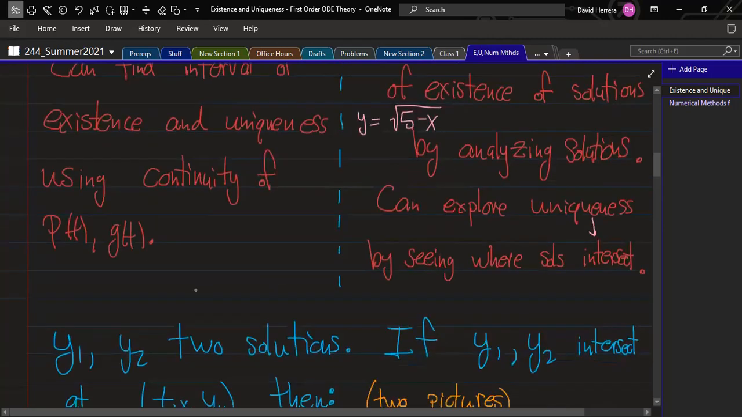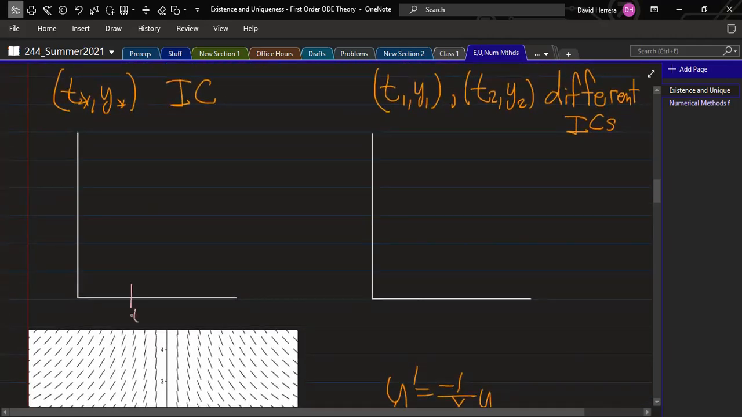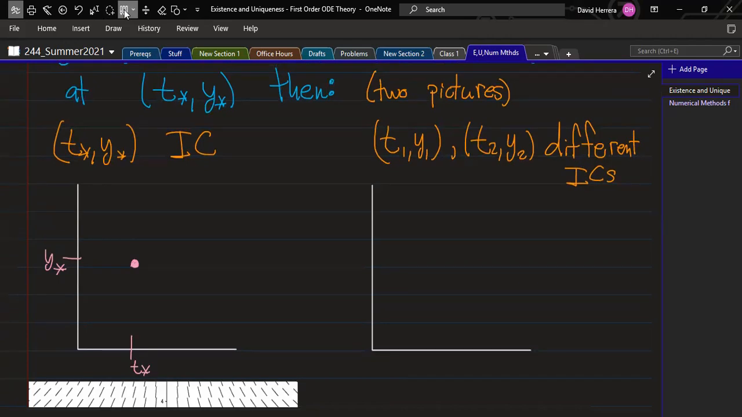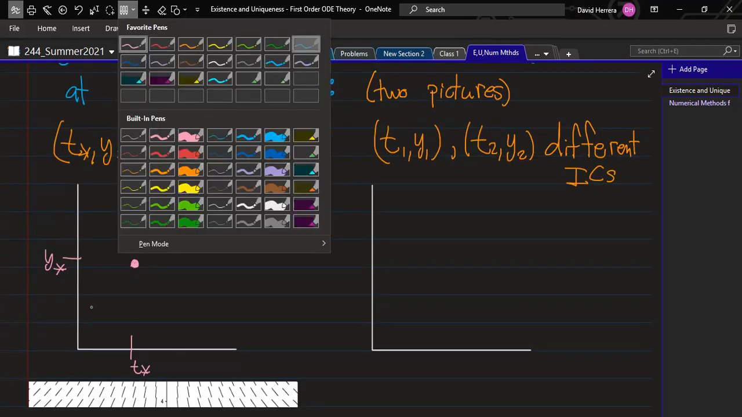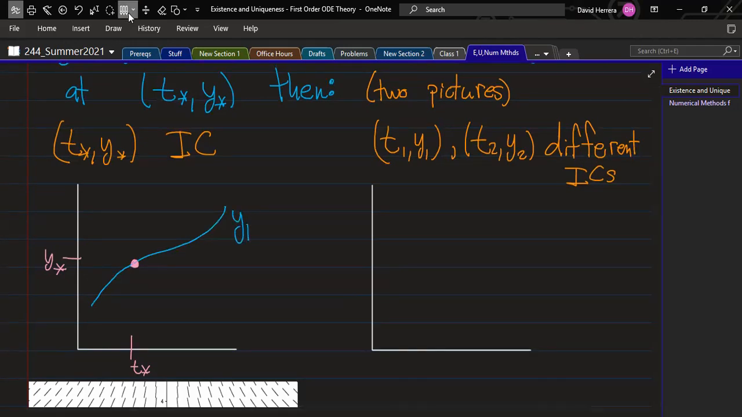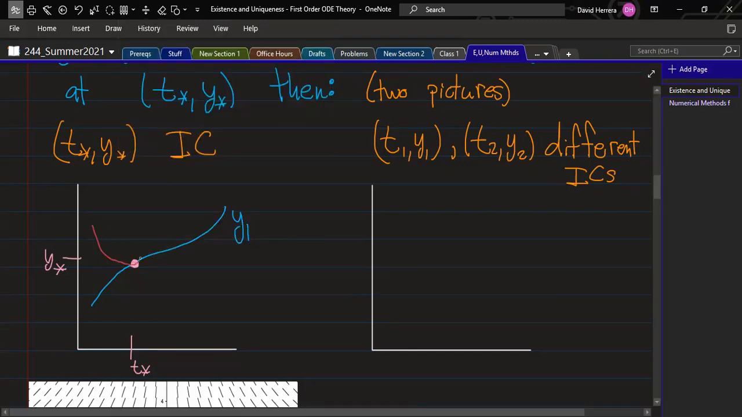So, apologize for that. If we have t star here, y star here, and this is our initial condition. Now let's just draw our two functions. Let's say this one is y1, and this one is y2. It's important to know that they have to have the same slope here, because the differential equation tells us